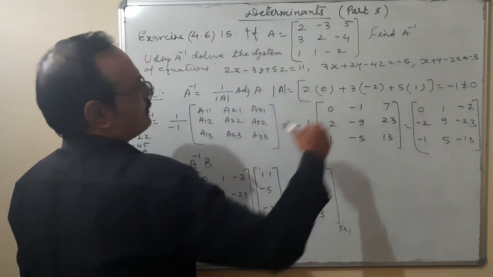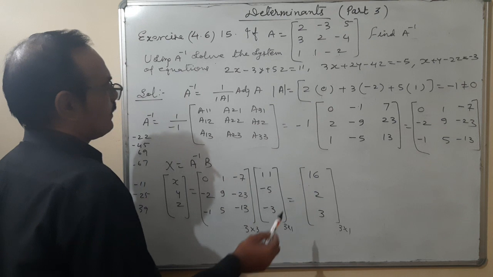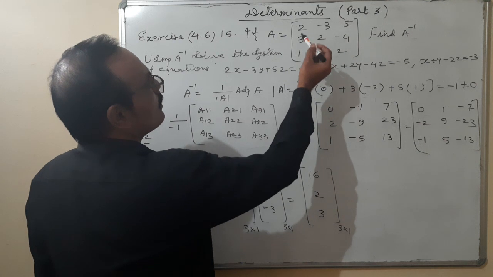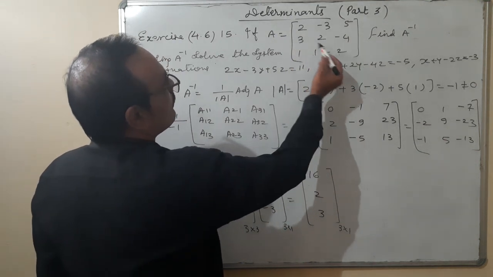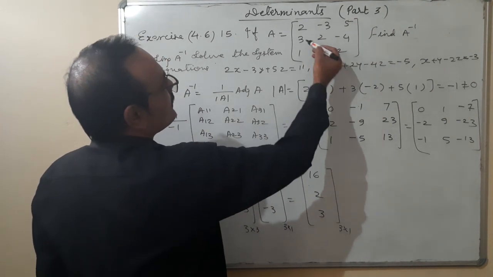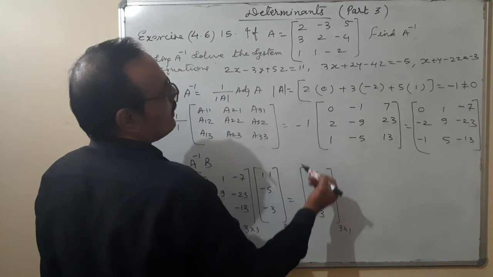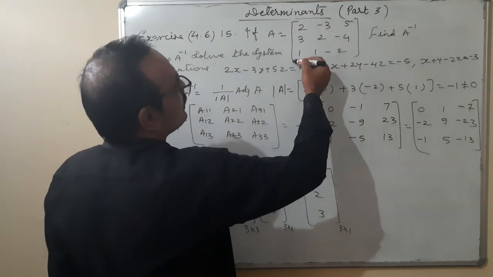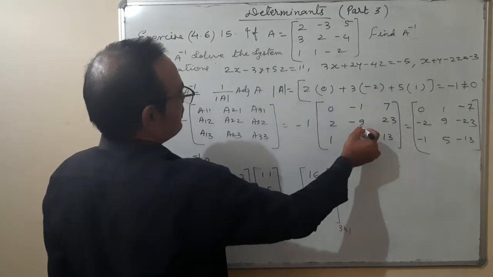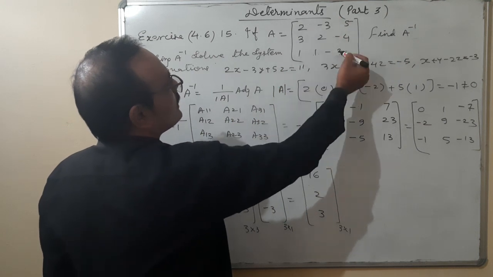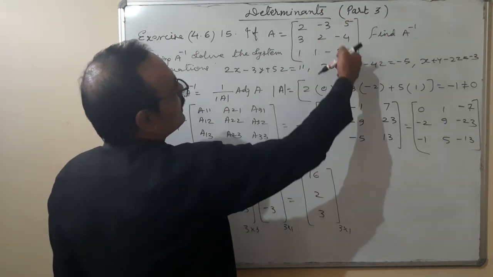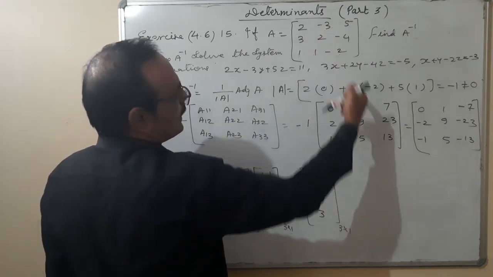Checking cofactors once again, 1 1. Okay. First row, first column, so it is minus 4 plus 4, 0, that is 1 2. First row, second column, minus 6 plus 4 minus 2, that means it is plus 2. 1 3. First row, third column, 3 minus 2, it is 1. Now it is 2 1. Second row, first column, 6 minus 5, 1 minus 1. Second row, second column, minus 4 minus 5 minus 9. 2 3. Second row, third column, 2 plus 3 5 minus 5.